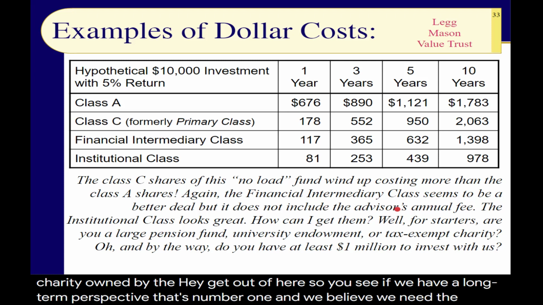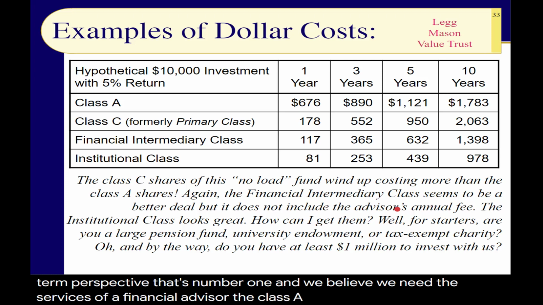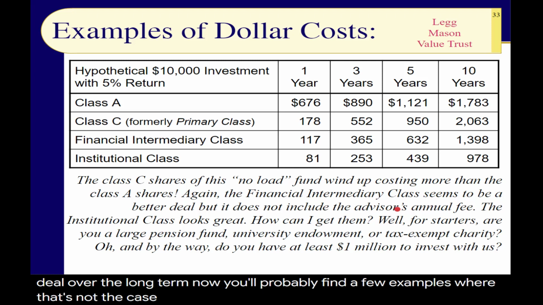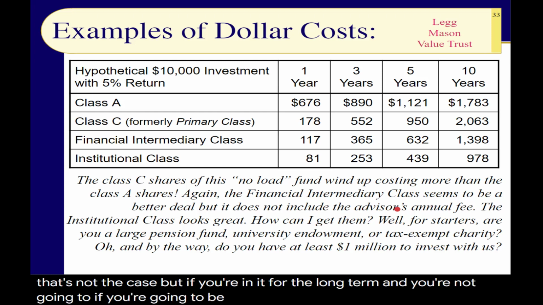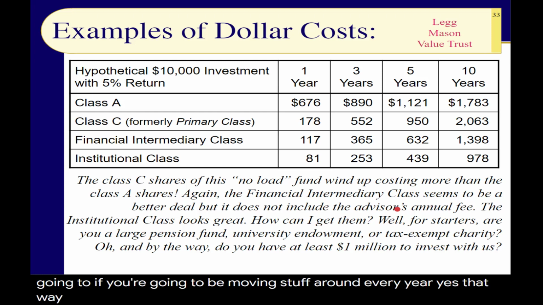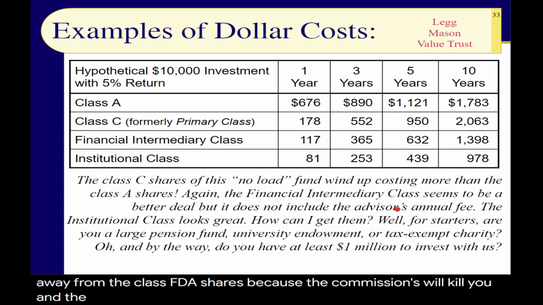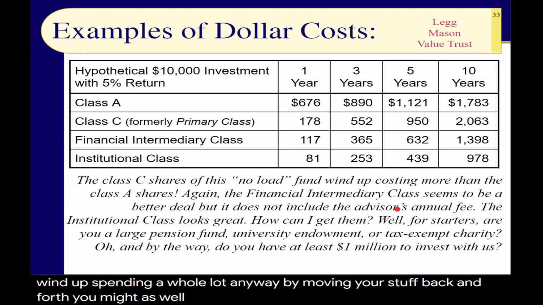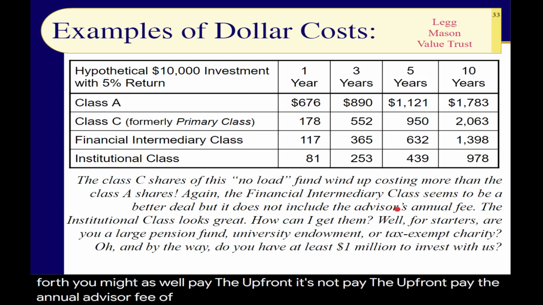So you see, if we have a long-term perspective, that's number one, and we believe we need the services of a financial advisor, the Class A shares turn out to be the best deal over the long term. Now, you'll probably find a few examples where that's not the case, but if you're in it for the long term. And if you're going to be moving stuff around every year, yeah, stay away from the Class A shares because the commissions will kill you. And it'll be better to pay the 1% every year. You're going to wind up spending a whole lot anyway by moving your stuff back and forth. You might as well not pay the upfront, pay the annual advisor fee of 1% to 2%,